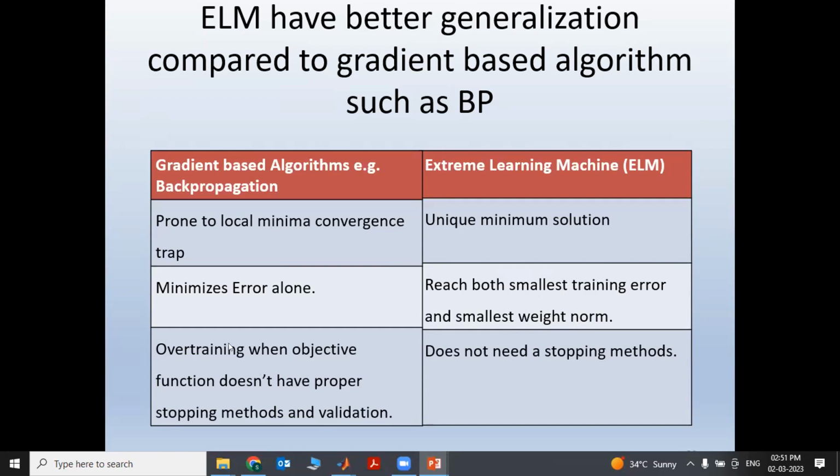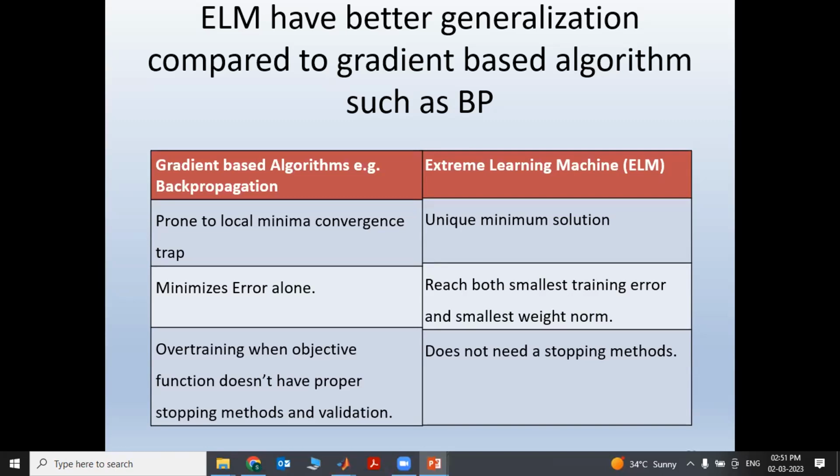Also, gradient descent is an iterative procedure, I told you, right? It requires some kind of stopping criteria. And what is the advantage of ELM? Please understand, in ELM we assume that the network is linear. That means there is no iterative procedure. We do not require any kind of iterative procedure.